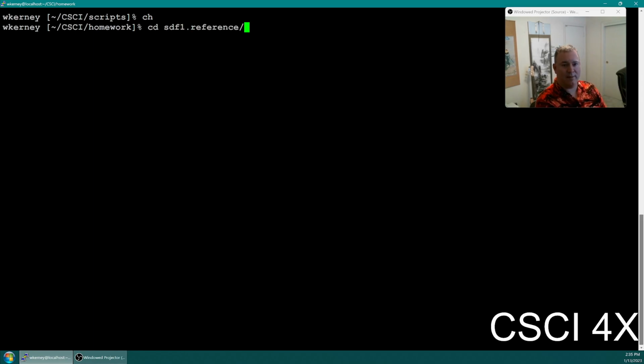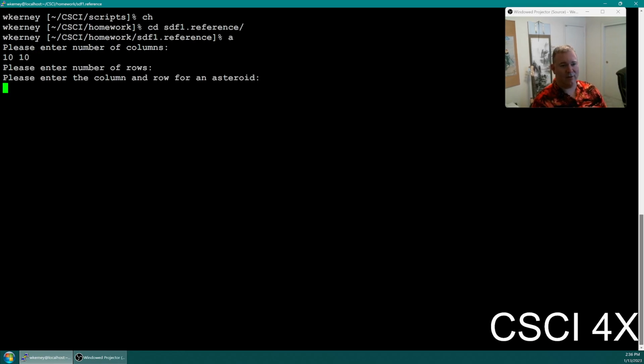The assignment is SDF1, which is a super dimensional fortress Macross or something. I don't know. The way it works is you start off by making a 2-dimensional map, 10 columns in this case, 10 rows. I'm going to add an asteroid at column 5, row 2. Then you enter -1, -1 when you're done. I could keep adding more if I wanted. I could put one down here if I wanted,